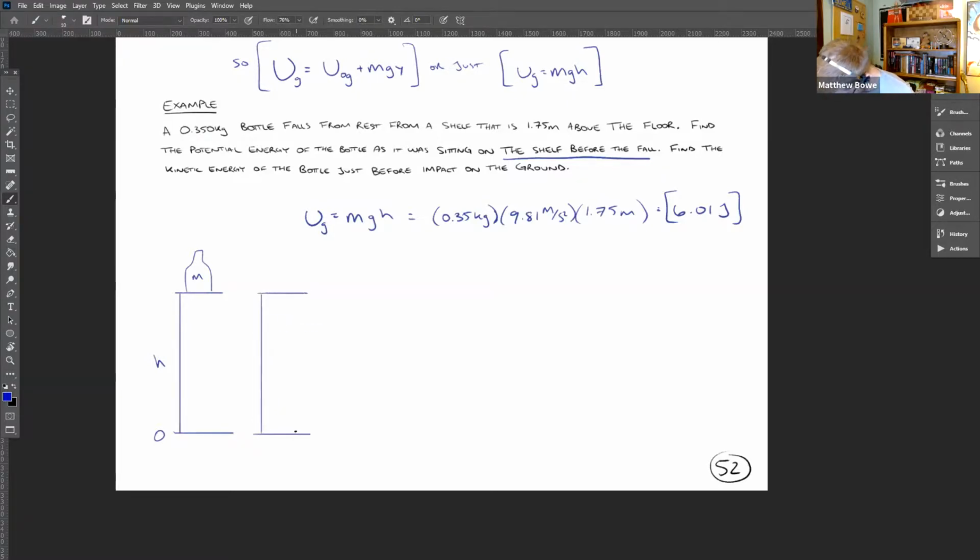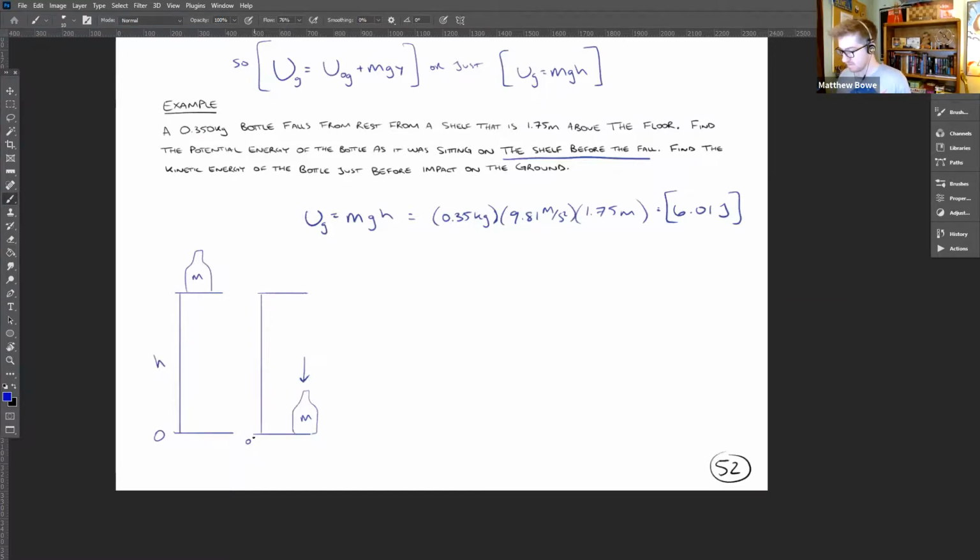So just the briefest moment before the bottle hits the ground, what height is it at? It's at a height of 0. Well,